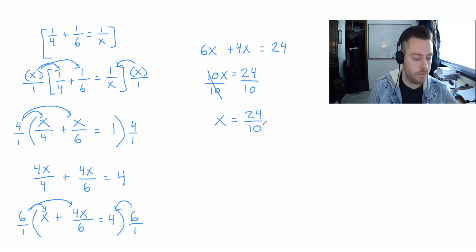This is going to be in terms of hours. So we're taking 24 divided by 10, and that should be giving us 2.4. So x is equal to 2.4